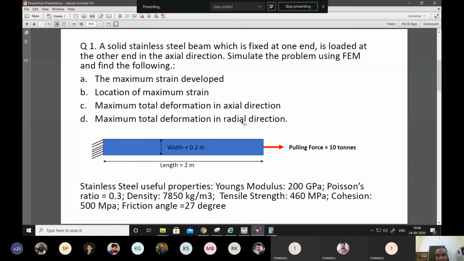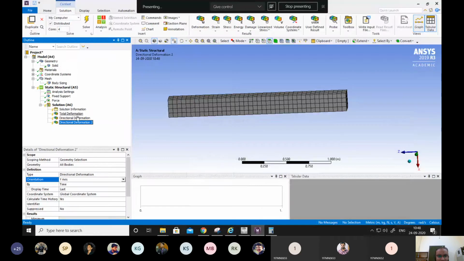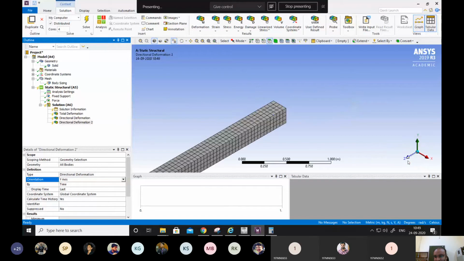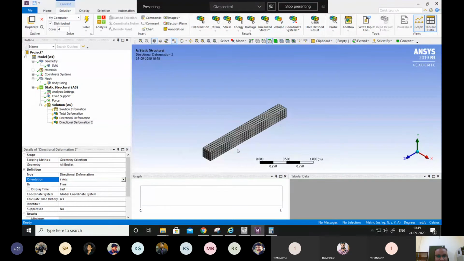Maximum deformation in axial direction. The axial direction is the direction of pull. The radial direction is the direction perpendicular to the pull, right? So we have given x and y axes. These are the deformations. The x axis is the radial direction here, and the z direction actually.